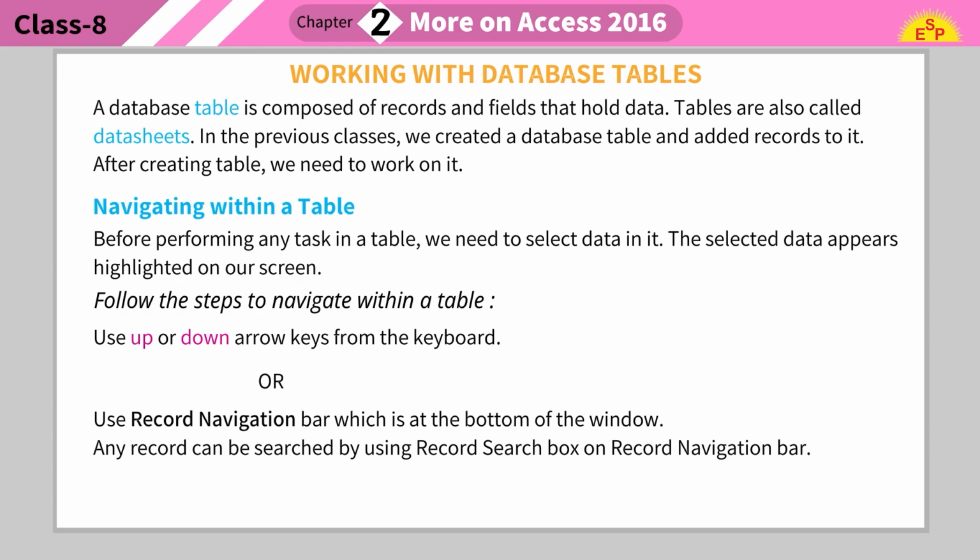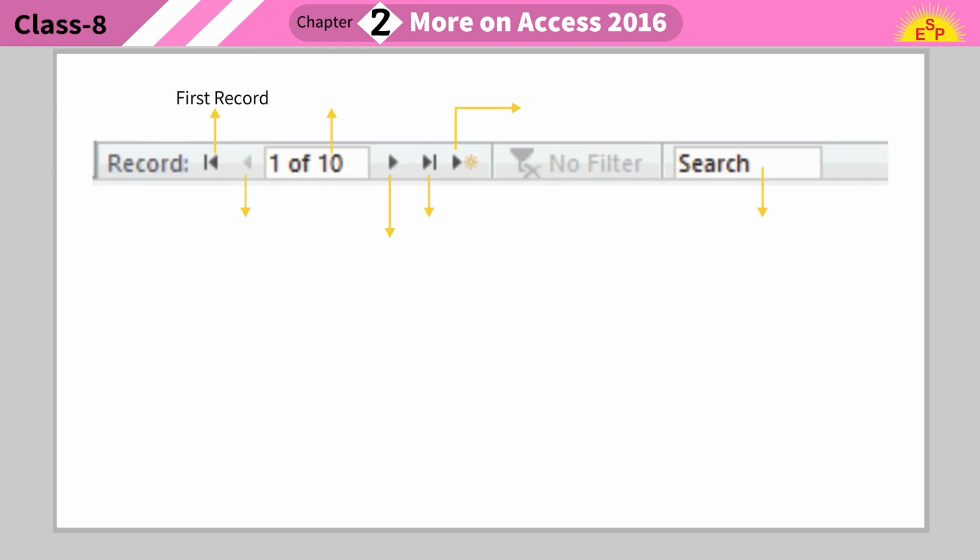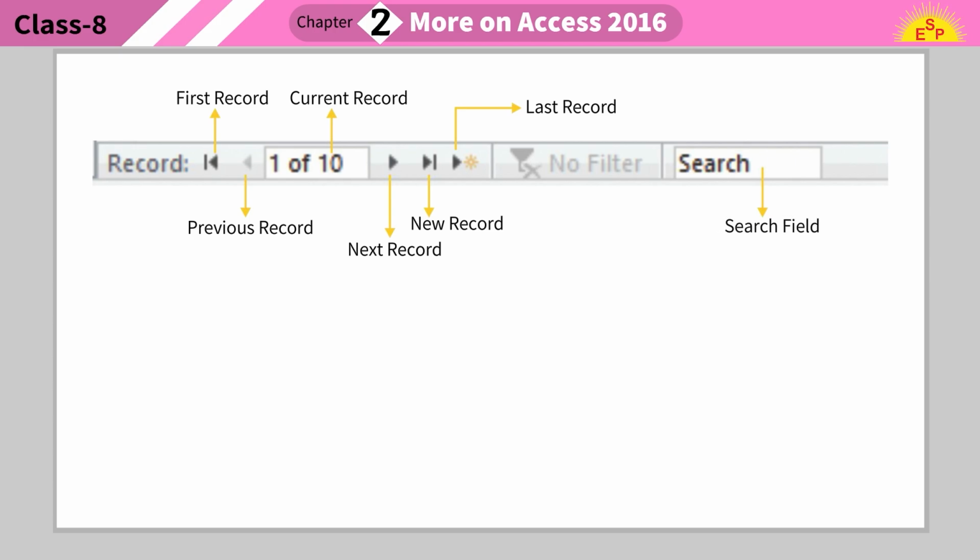Any record can be searched by using record search box on record navigation bar. First record, current record, last record, previous record, next record, new record. Search field.